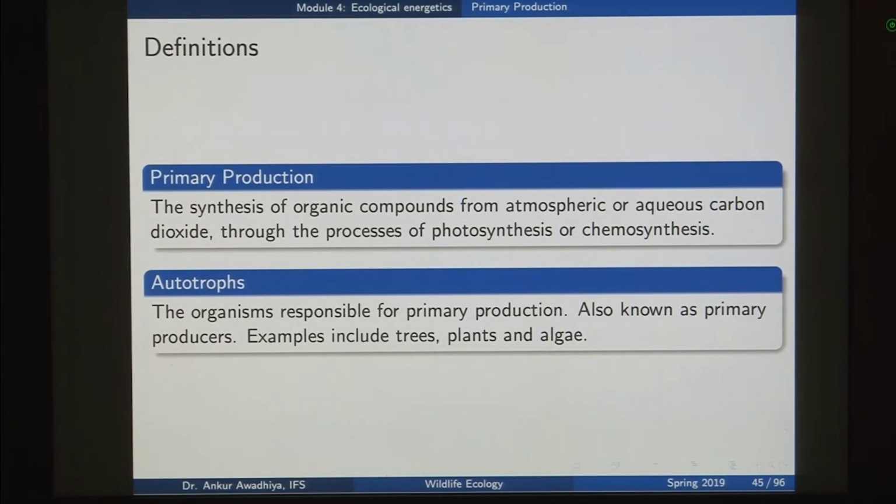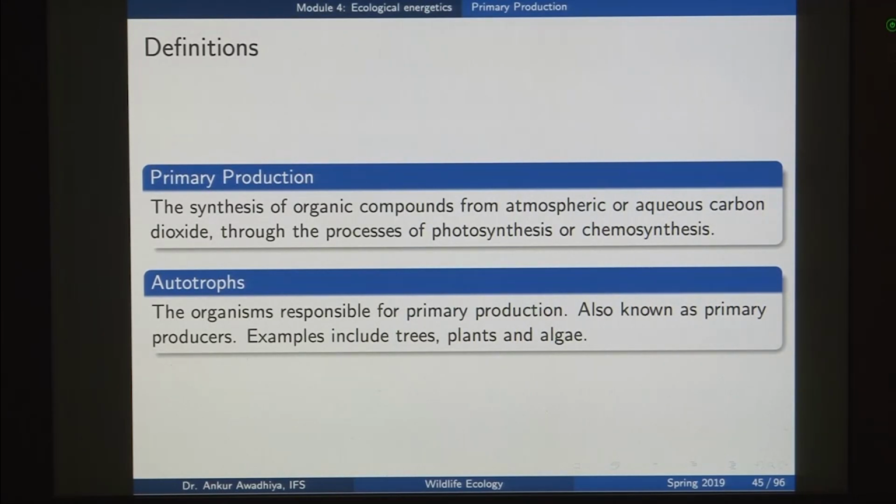Primary production is the synthesis of organic compounds from atmospheric or aqueous carbon dioxide through the process of photosynthesis or chemosynthesis. Here we are looking at the autotrophs, the organisms that are responsible for primary production, as we have seen in one of our earlier lectures, and these are of two kinds: photoautotrophs or chemoautotrophs. Photoautotrophs are those organisms that use light. Photo is light, auto is self, troph is nutrition. So, with the help of light they are doing self nutrition, which means that they are fixing carbon dioxide